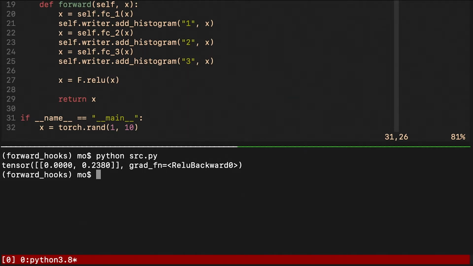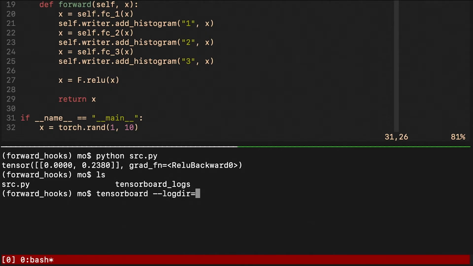This has been seen before. However, what also happened in the background is that the tensorboard logs folder got created. And to launch the TensorBoard UI, you just use the TensorBoard executable, and you provide the path to your logs folder via the logdir option. So it's this one.